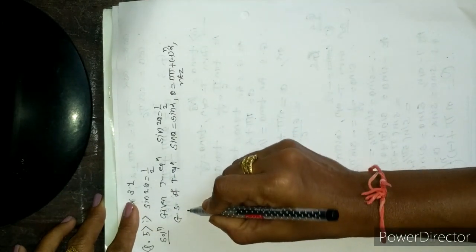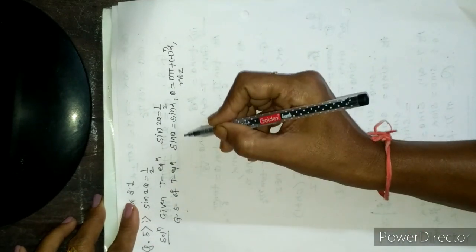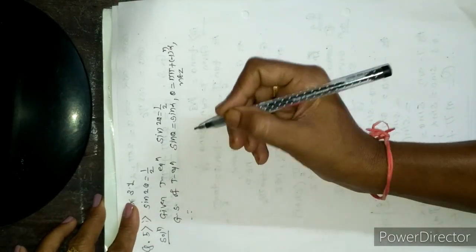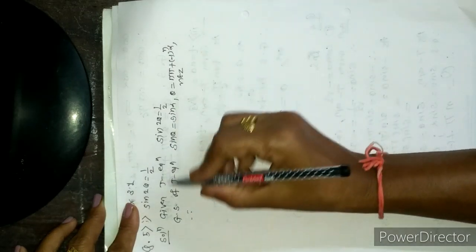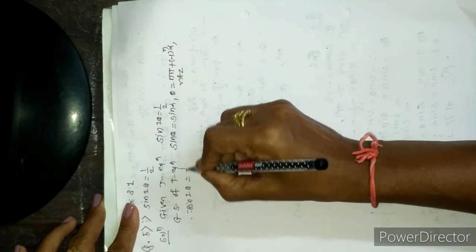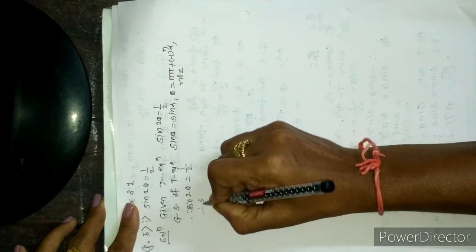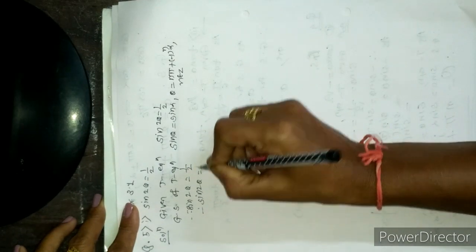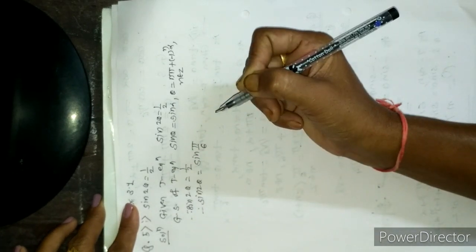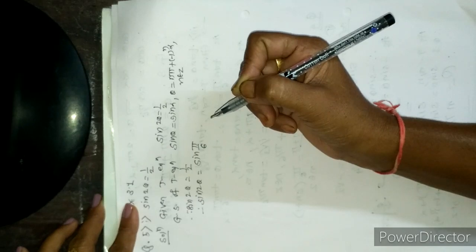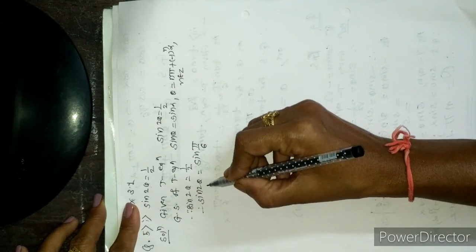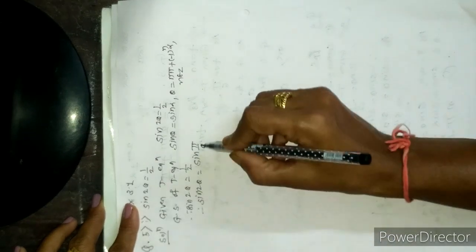Now here the value is half for the sine ratio. So we take that the angle is 30 degree, means pi by 6. So sine 2 theta equal to half, but that value implies the angle of measure pi by 6, means 30 degree, because we know that sine 30 is equal to half. Now here this whole 2 theta is nothing but theta, and this pi by 6 is nothing but alpha.